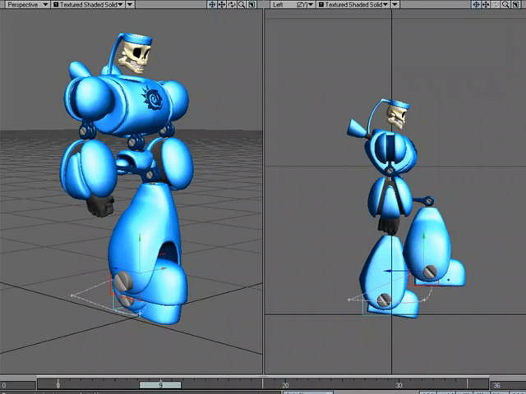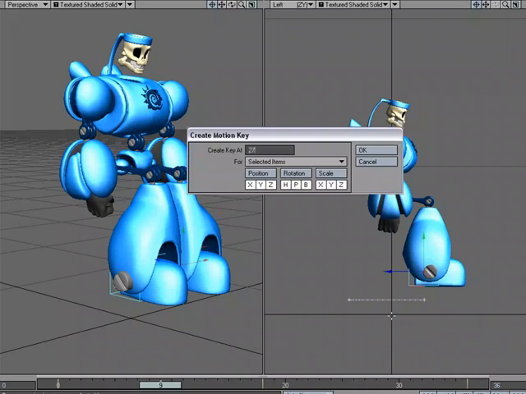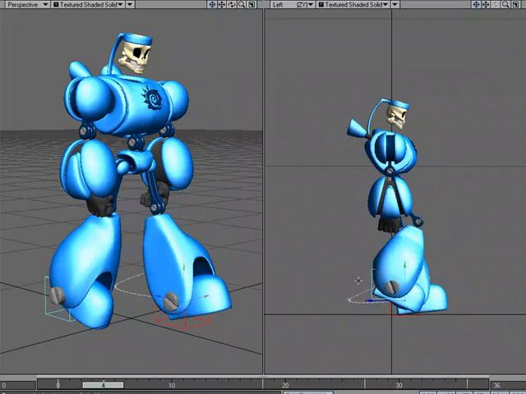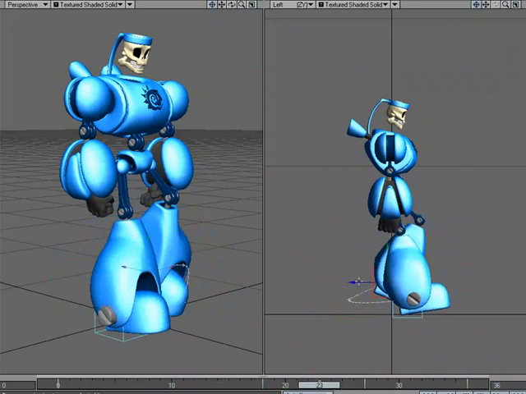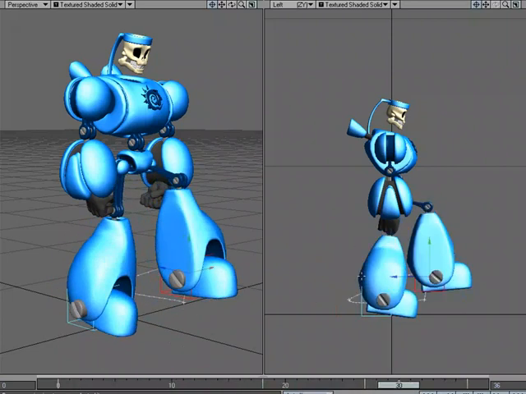Now while I'm here, I'm going to go ahead and do the same thing with the back leg. Okay, and I don't want that to be keyframed at 9. I want it's moving forward from 18 to 36, so I'm going to create a keyframe at 27, the halfway point there. Push play. Okay, so now I've got a basic little stepping pattern going on there, and I want to